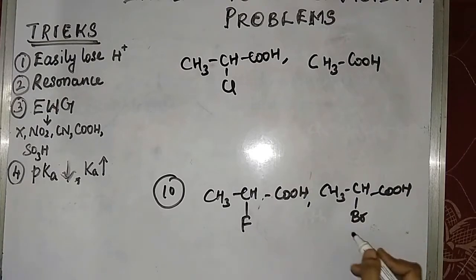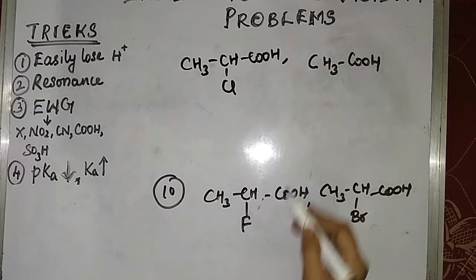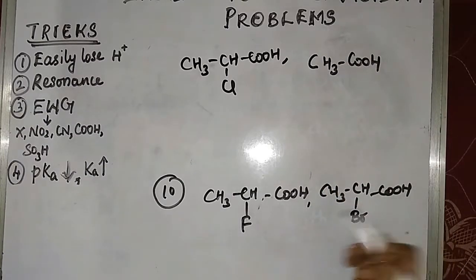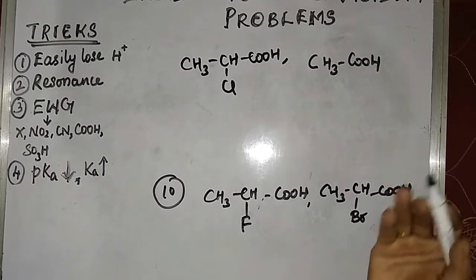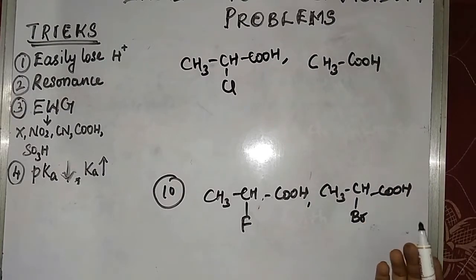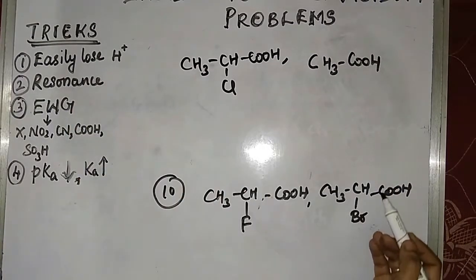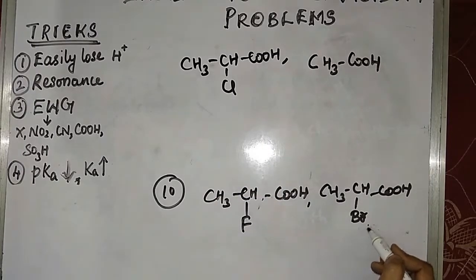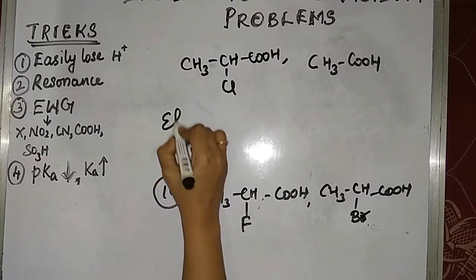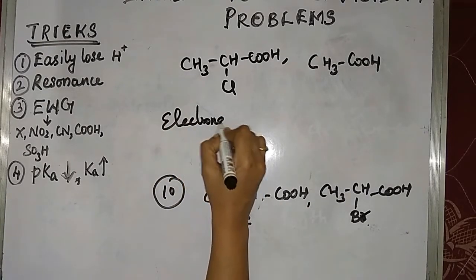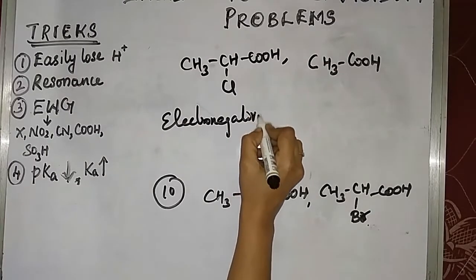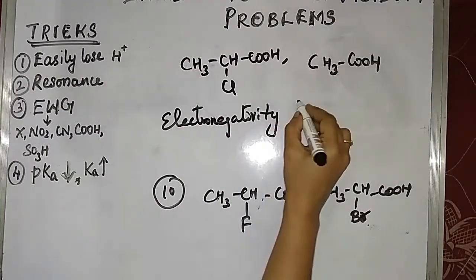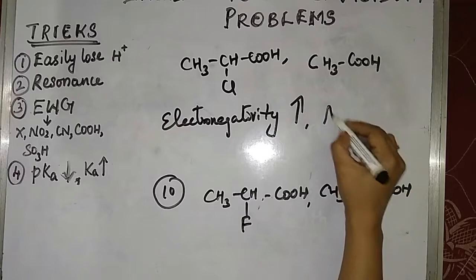Okay. Here everywhere an electron withdrawing group is there, with acetic acid also there. If an electron withdrawing group is there, then the acidic character increases, as I said earlier. That is trick number 3. But these three are electron withdrawing groups. How to compare these electron withdrawing groups? If electronegativity increases, it increases the acidic character,